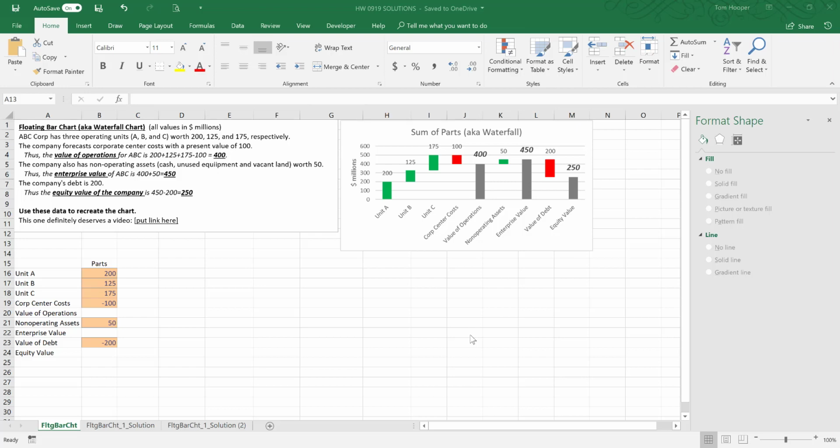In this video, we're going to make a floating bar chart, which is sometimes also known as a waterfall chart. We're going to use the chart to introduce you to the terms of value of operations, enterprise value, and equity value for a company. We'll be using those later in our pro forma work. So if you'll hit pause and read the problem,